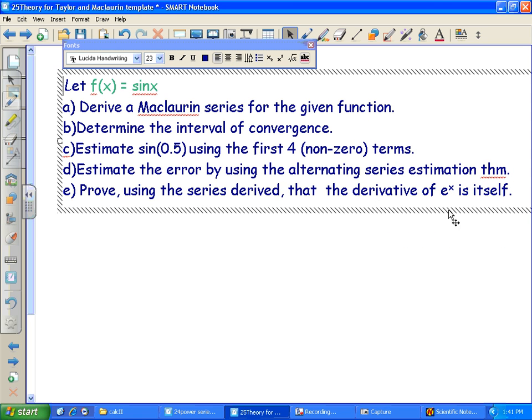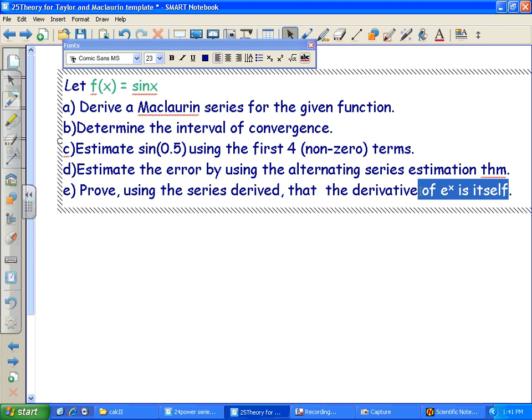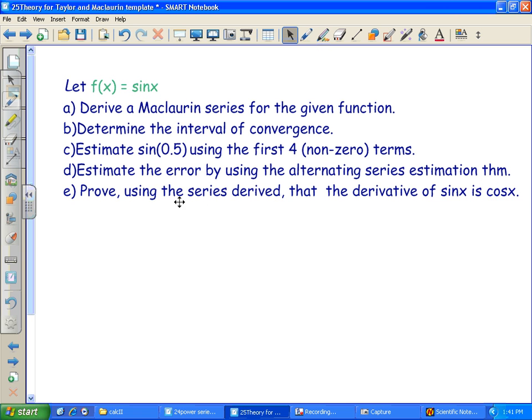Okay, looks like I did some copy and paste here. So this last question, I'm going to change it. Prove using the series derived that the derivative of sine x is cosine x. Derivative of sine x is cosine x. Okay. So starting with the Maclaurin series for the sine function,